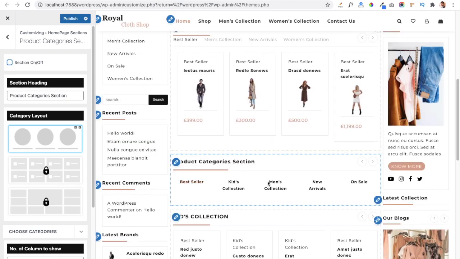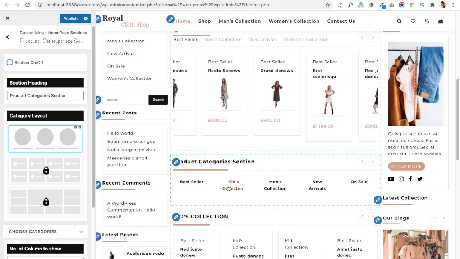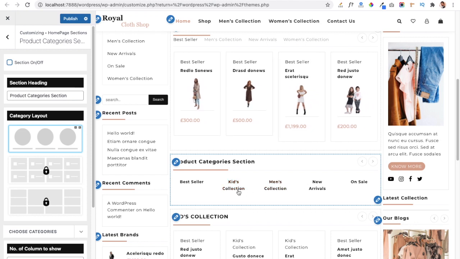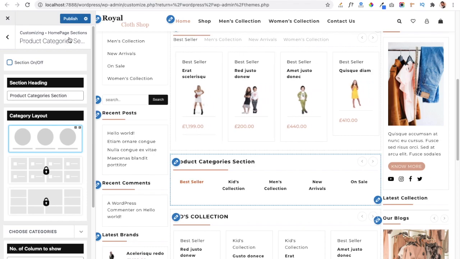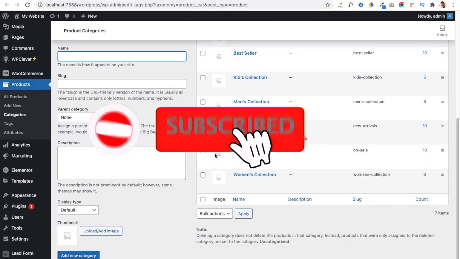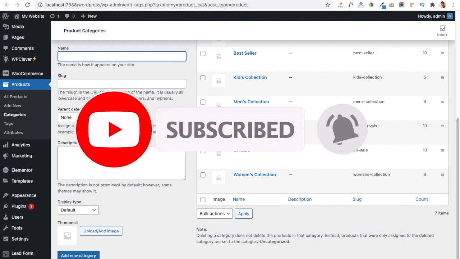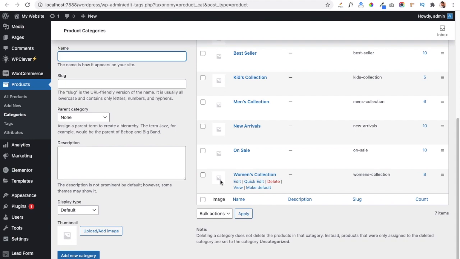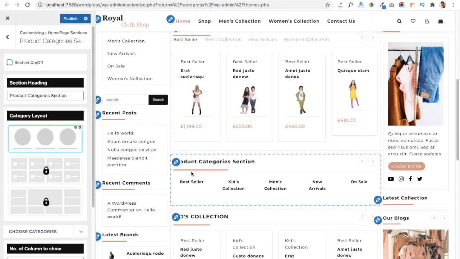You can see our categories are coming here. As of now I have not added any image to our categories, which is why it is not showing any image. But when you go to your product section in your dashboard, then to the category section, and add an image to your category, it will show on your home page with the help of that section. You can see these are the categories in which we have not added any images, and when we edit that particular category and add an image, it will show on your home page.